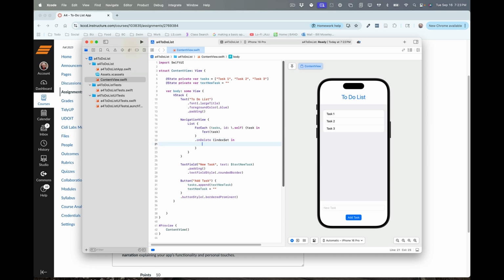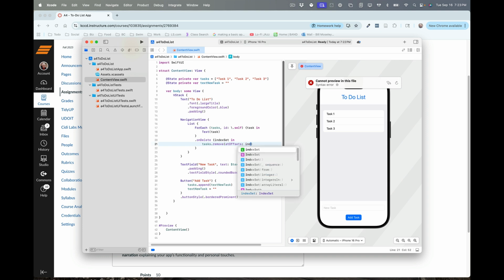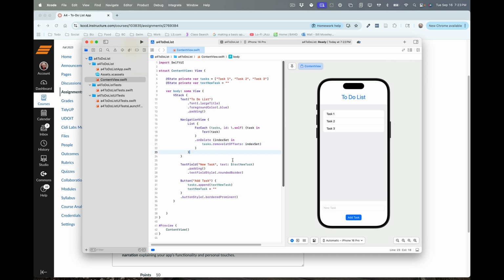So what I'm going to do is I'm going to use that ID to remove that index, the index of the item that I'm returning. And believe it or not, that allows me to now delete,